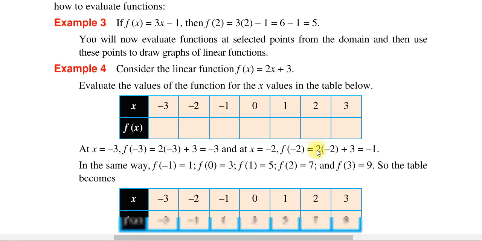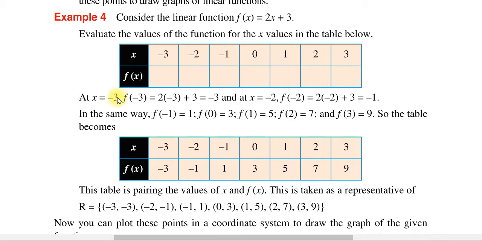f of xን ማግኘት እንችላለን ለምሳሌ x ላይ -3ን ስንተካ f of -3 ማለት 2 times -3 plus 3 which is -3 ይመጣል -3 -2ን ስንተካ ደግሞ -1 መጣል -1ን ስንተካ 1 0 ከ3 ጋር 1 ከ5 ጋር 2 ከ7 ጋር እንዲሁም 3ን ስንተካ 9 ይሰጠናል ማለት ነው ኦኬ ስለዚህ በኦርደር ፔር ስናስቀምጠው እንዴት ይሆንልናል r is equals to the set of (-3,-3), (-2,-1), (-1,1), (0,3), (1,5), (2,7), (3,9) አድርገን ኤክስፕረስ ማድረግ እንችላለን